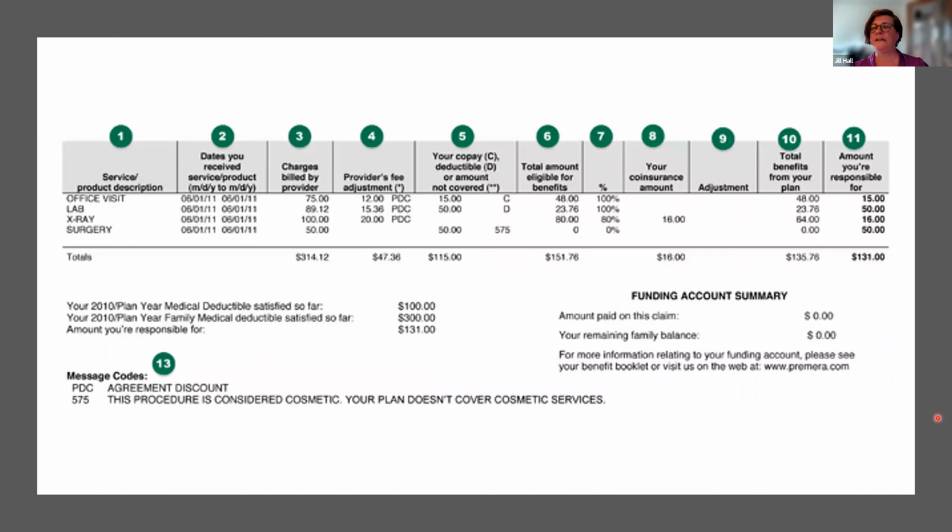The last EOB example I'm showing is simply to demonstrate that EOB styles can vary. It's important to become familiar with the format that your health plan uses. The services listed on this, you can see in the first column, an office visit with labs drawn and an x-ray. And then there's something listed as surgery. As you can see from the billed amounts,